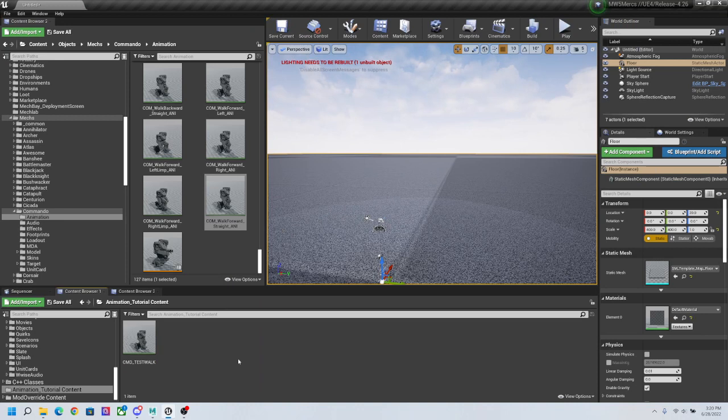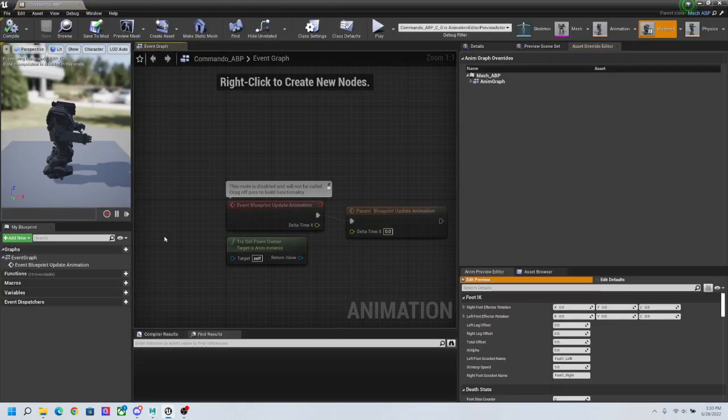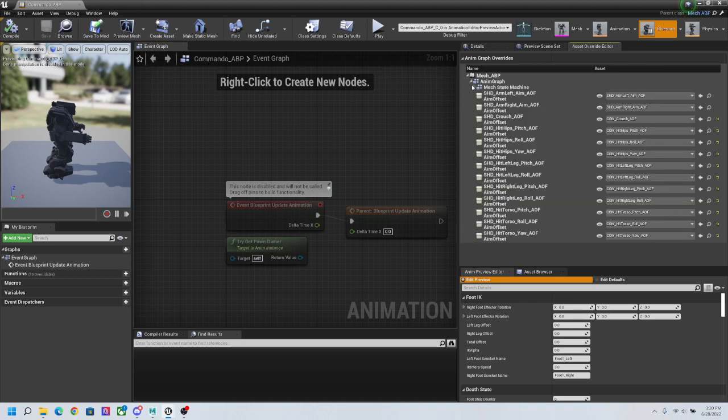Now this is where you're going to start replacing stuff. So the way MW5 does it, and somebody will probably have a better explanation later, but basically you've got your animation blueprint, which kind of handles telling the derived mech, or whatever the import stuff is, what files to look for when determining your blend space. So a blend space, both in Unity and Unreal, is basically,